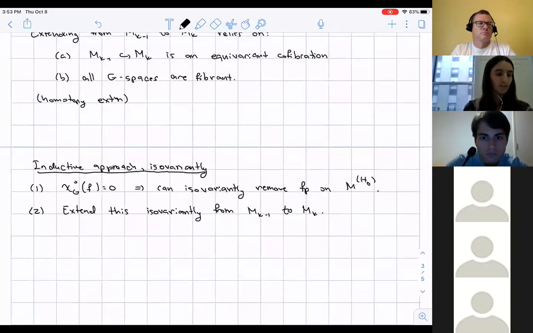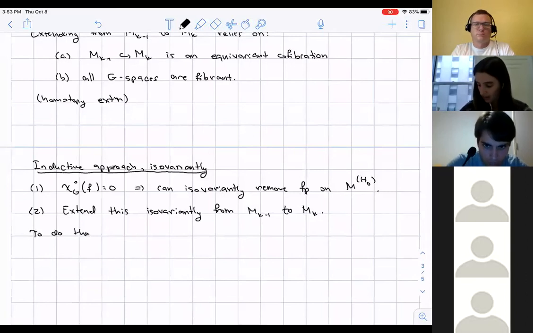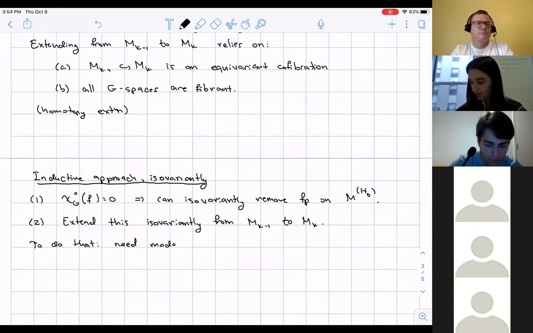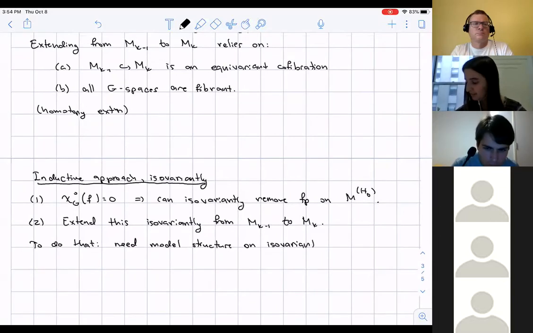All right, well, in order to do that, we need these two kinds of homotopy theoretic things to happen. So we need some kind of model structure on isovariant spaces